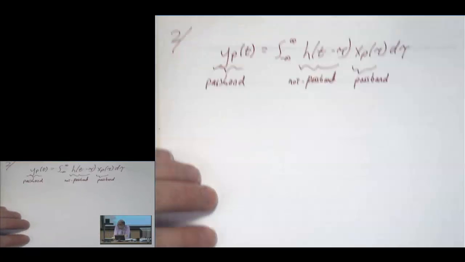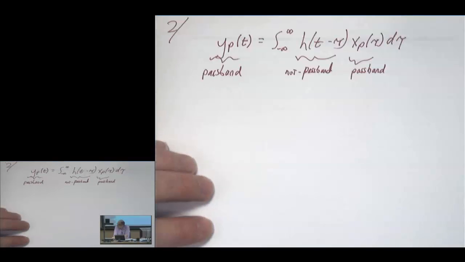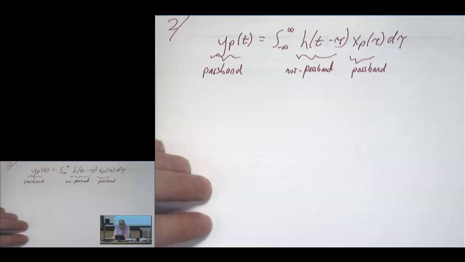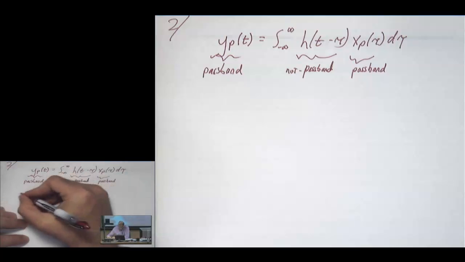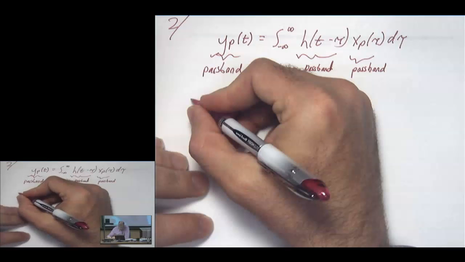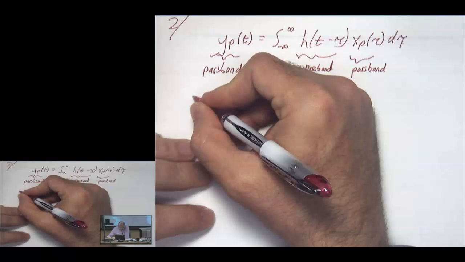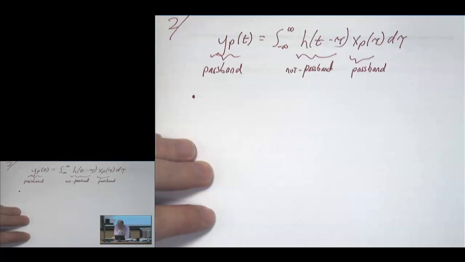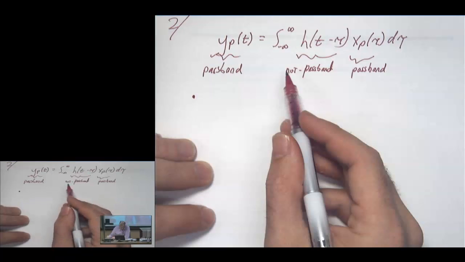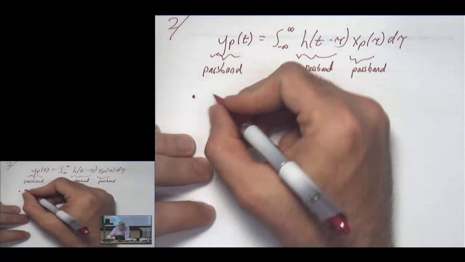Now, it turns out that, for reasons I'll make clear in a minute, we can find another impulse response, and that's what we're going to call the, let's see, this one. Okay, we'll do that as an intermediate step here. So essentially what we're going to do in this lecture is find